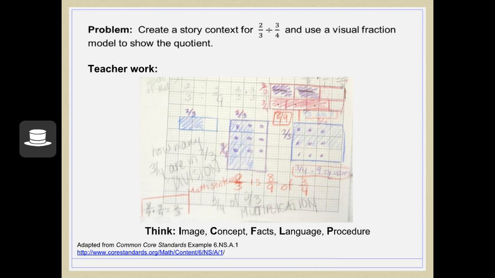Now, because they've chosen to make the whole 6, 1, 2, 3, 4, 5, 6 of these squares, it makes it a little awkward to represent the 3/4. A quarter is 1.5 squares, and so they need 3 of those, and this line over here is not drawn really accurately. It really should be here,